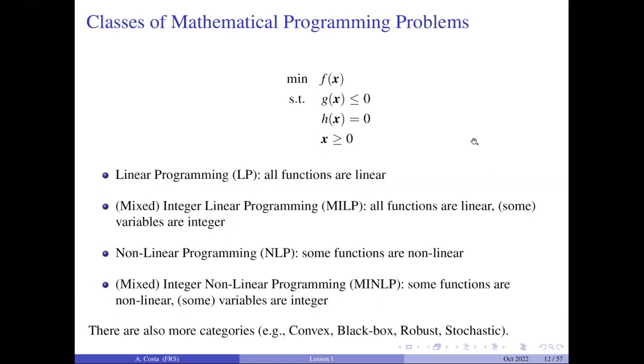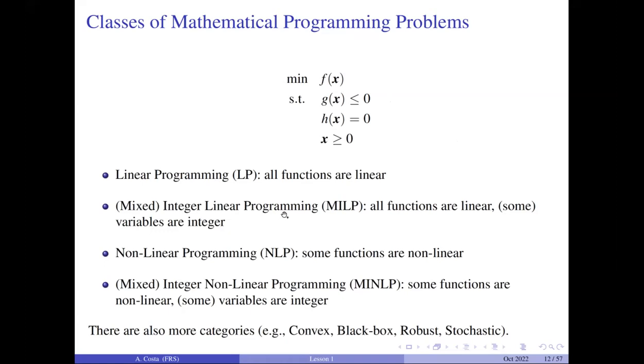As I said earlier, in this course, we focus on linear and integer programming. So what did I mean by that? If you look at this, it is a very generic model. We didn't say anything about f, g, h. We don't know which kind of functions they are. If all these functions are linear, then this is called a linear programming problem. And it's usually the easiest type of problem to solve.